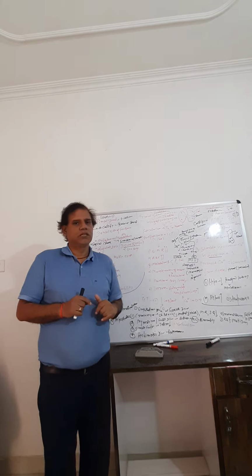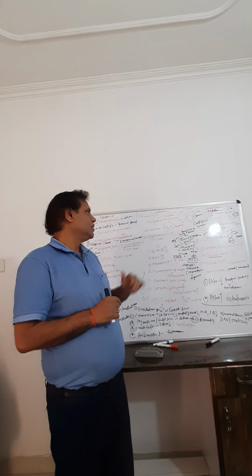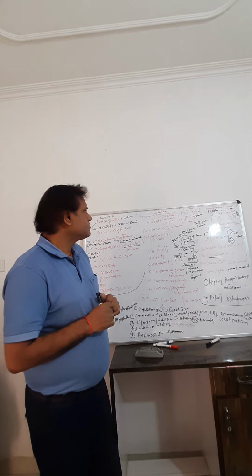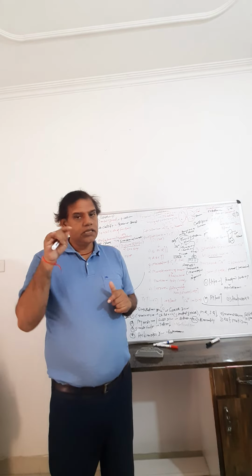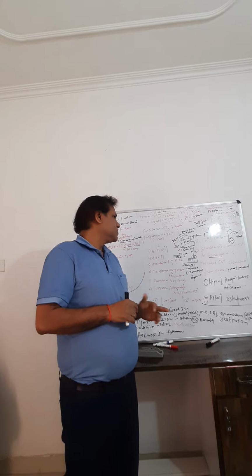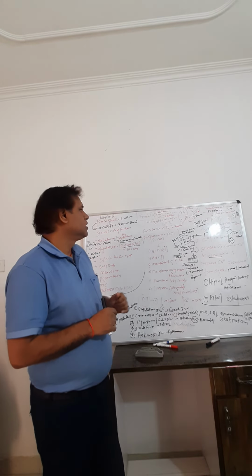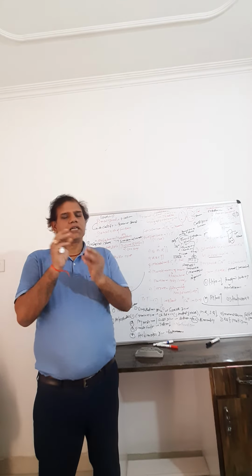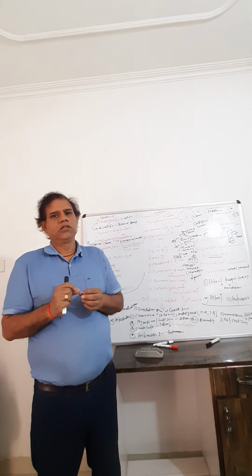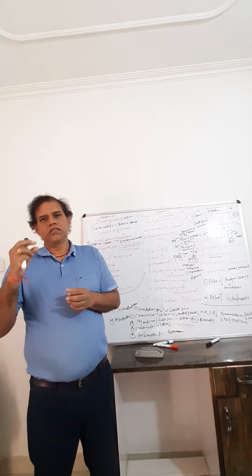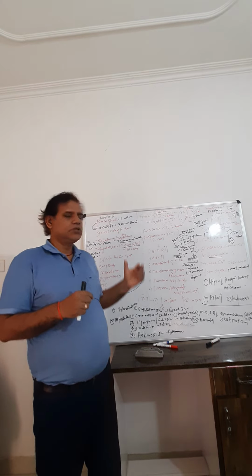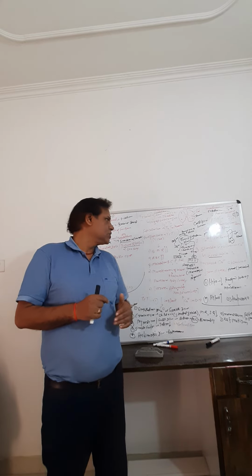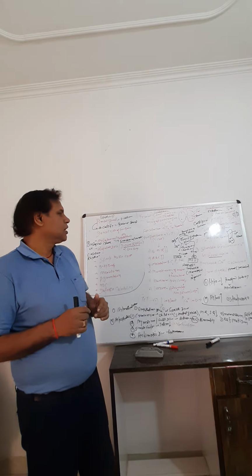The next gland is the thymus gland, and it is endodermal in origin, and it is present on the dorsal side of the heart and aorta. The thyroid gland is present near the trachea, and the thymus gland is present on the dorsal side of the heart and aorta. Initially the thymus gland is large in size, around 30 to 40 gram, but after adult age its size decreases and it becomes around 10 gram in advanced age, and it is responsible for secretion of one peptide hormone, that is thymosin,